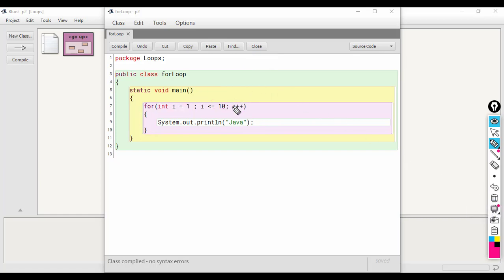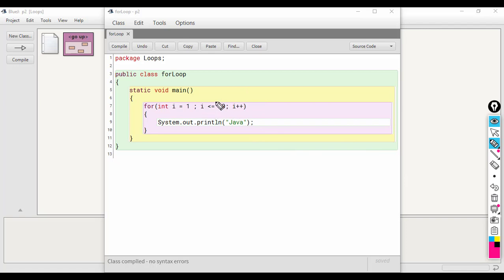So now i will become 2. Again the condition will be checked, 2 is less than or equal to 10, the condition is true, control comes inside, and again Java is printed. Then the control will go to the update part, i will become 3, the condition will be 3 less than or equal to 10, control will come inside because the condition is true, and it will print Java. So this will keep on repeating.